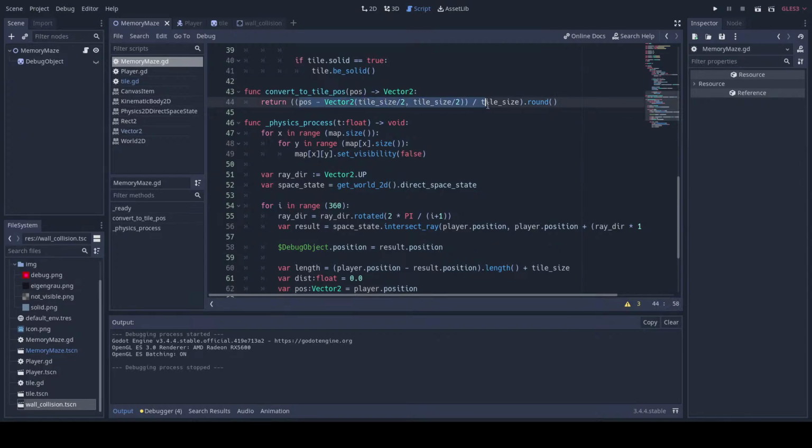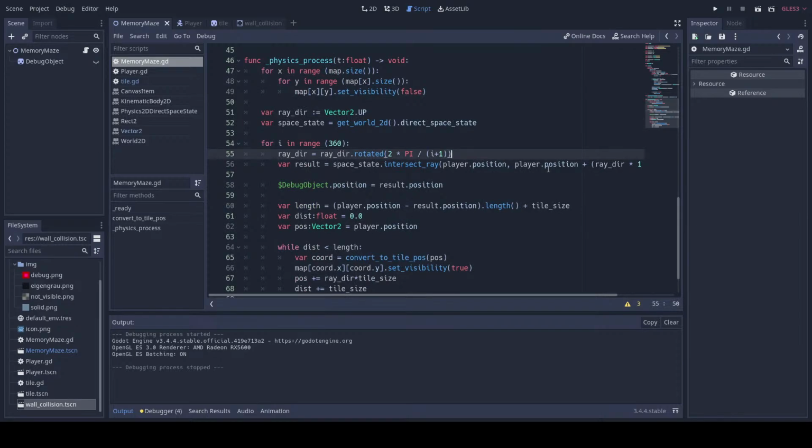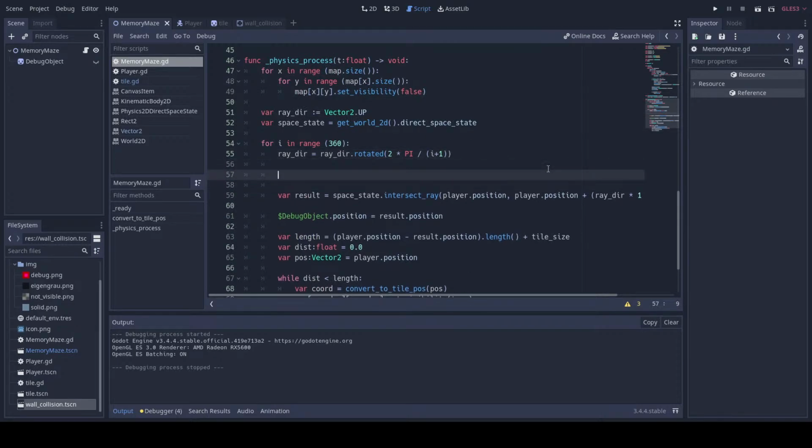Okay. Let's see. Okay, so to make it less jittery, I could literally just care about which tile the player's on instead of the exact position the player's in. So I could do